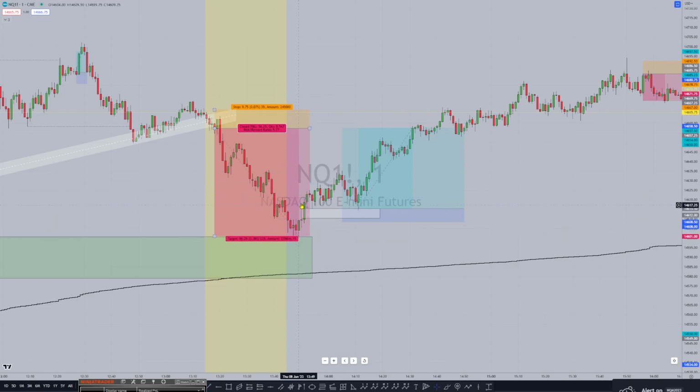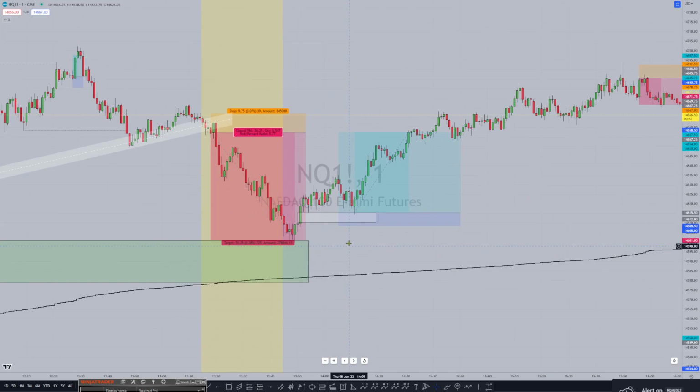So that's your recent high. We expanded through it, pulled back, created a little bit of imbalance, and then kept running up. If we pull back into it, I alerted this in the community. Hey, let's take this long at this imbalance. We have a stop loss just below that fair value gap, and we'll expand right off the initiation of this